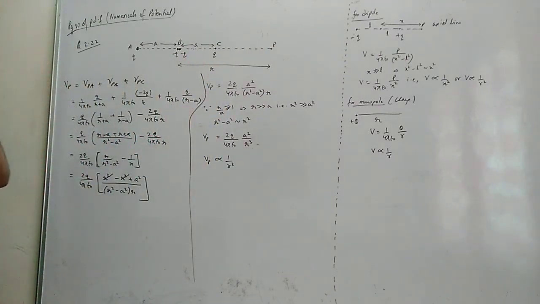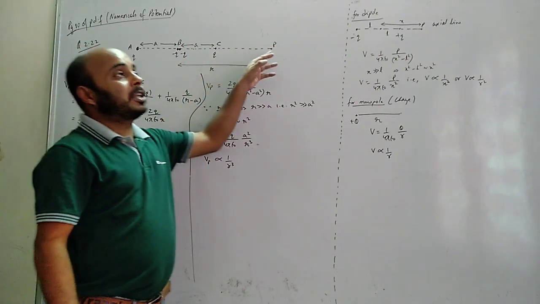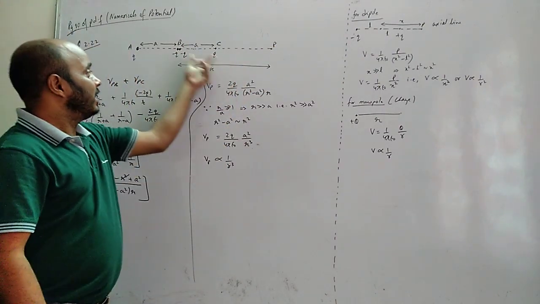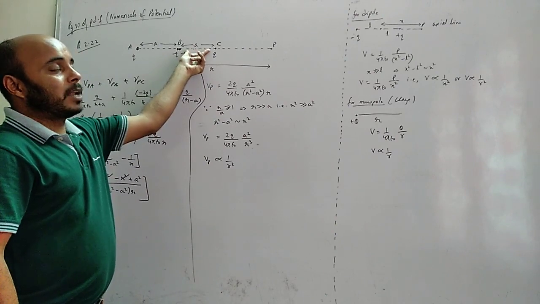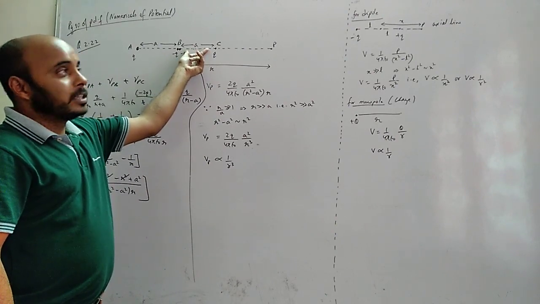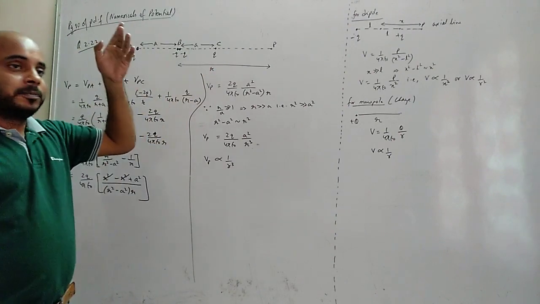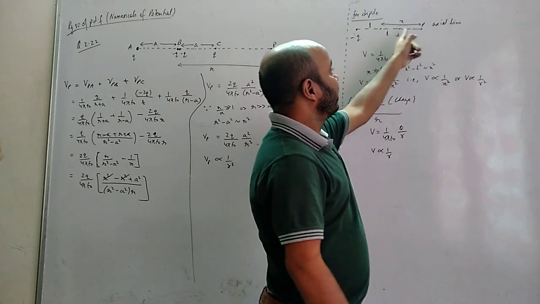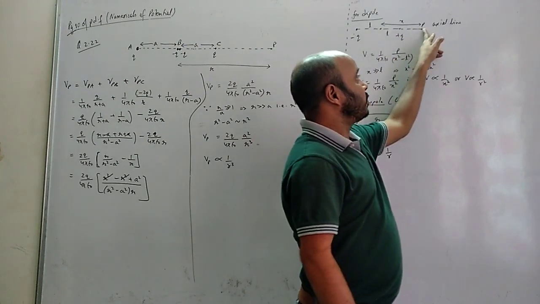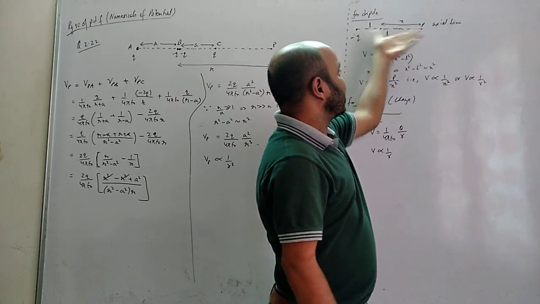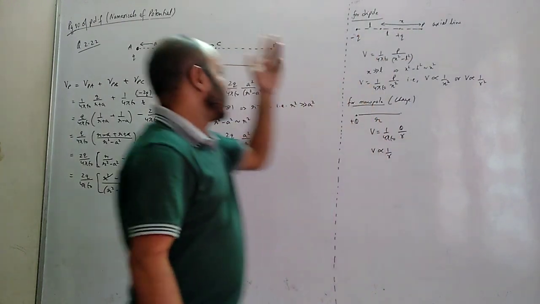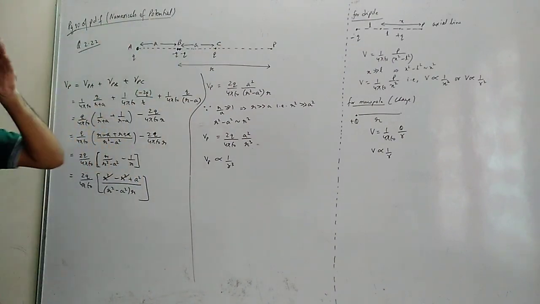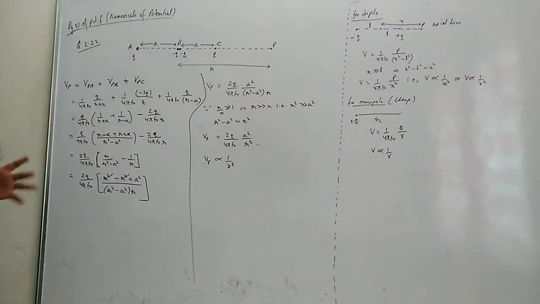The question has told us to find the expression of potential at P if R by A is greater than 1. What I mean to say is that the question wants to say this is a short quadrupole. Like for short dipoles, remember X is greater than L: the distance of observation, this point P, is very far from the size of the dipole. Here also the same thing. They want to say the quadrupole is short. Clear?